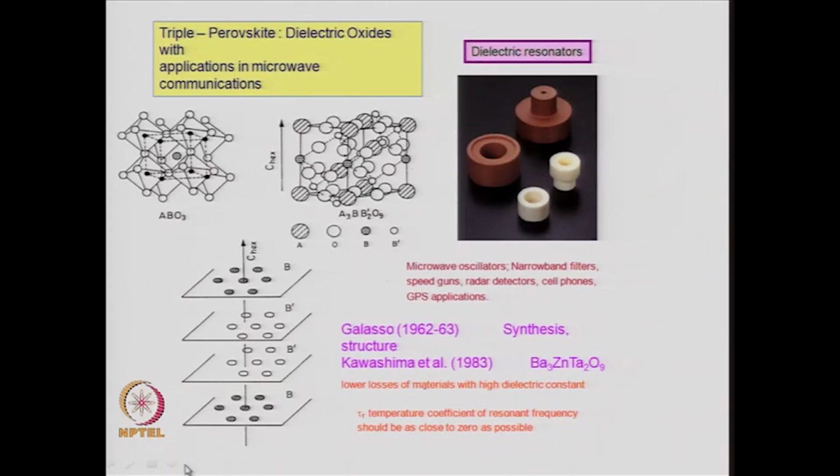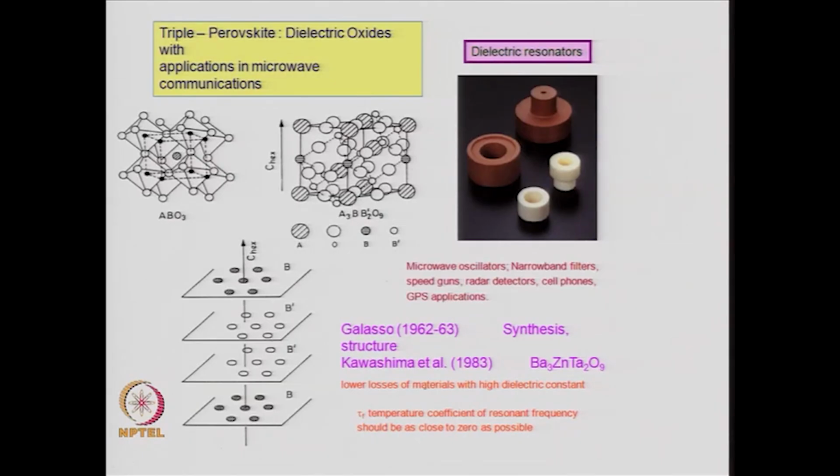So, triple perovskites are very important from the microwave dielectric point of view, and Ba3ZnTa2O9 is one of the world's best materials for making dielectric resonators,